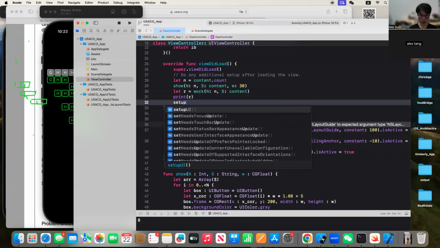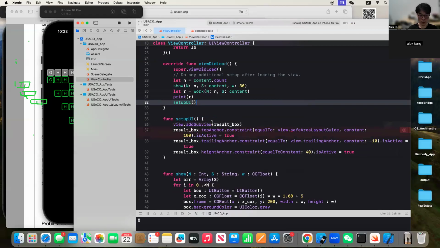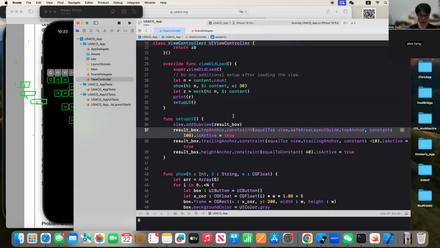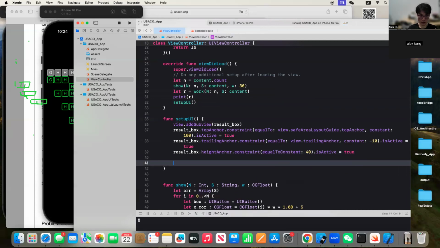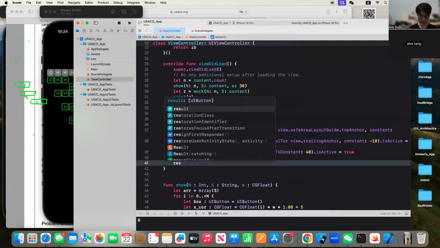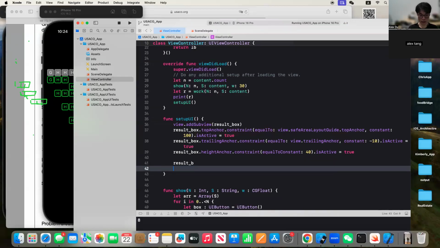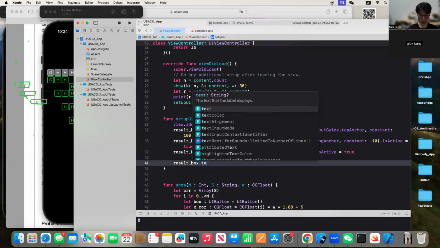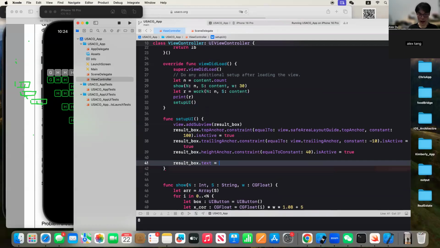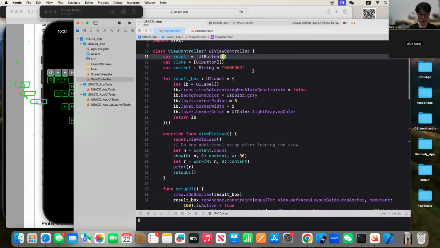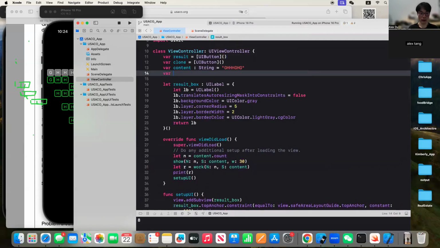But you also need to have the setup, right? And then I guess you have set up the top anchor. And right here, you do need to upload the code to the label, right? So result box period text is going to be what? It is actually going to be this little guy, because it's the number of what? This is a var, maybe